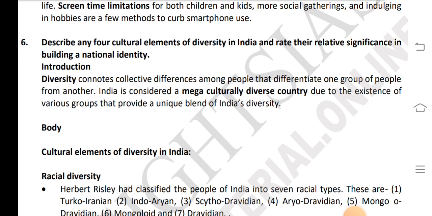Question number 6. Describe any four cultural elements of diversity in India and their relative significance in building our national identity. Introduction. Diversity